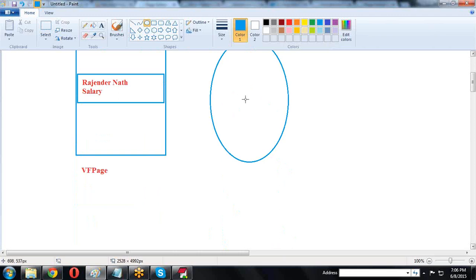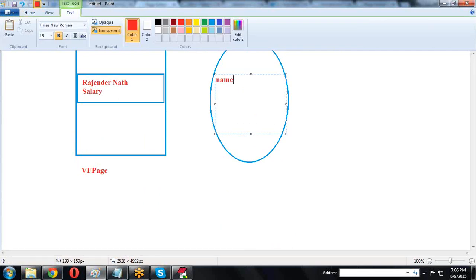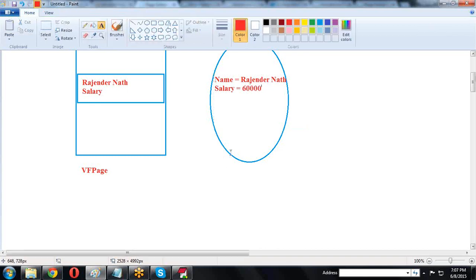So in the back end, I'm writing name equals to Rajendra Nath, and salary equals to something, 80 or 60k. Like this, I'm creating.